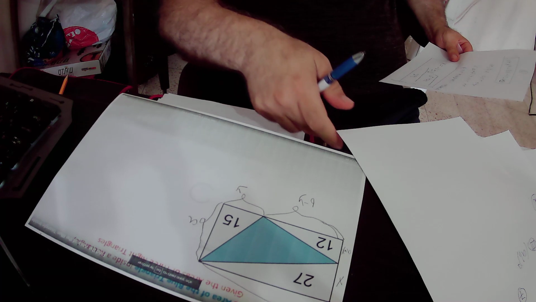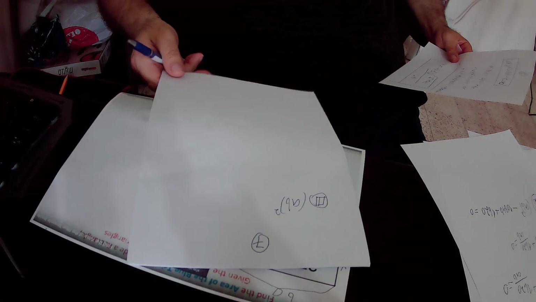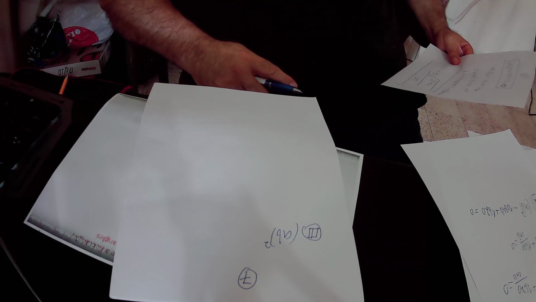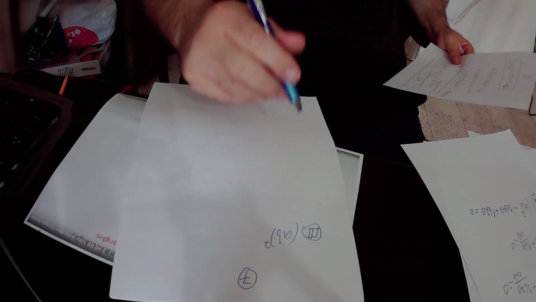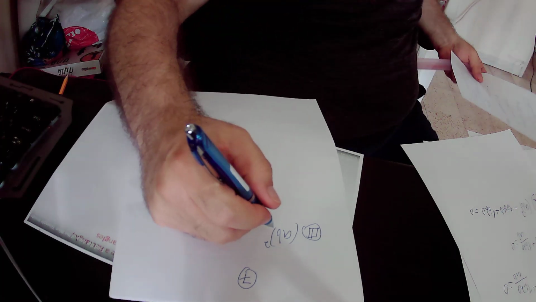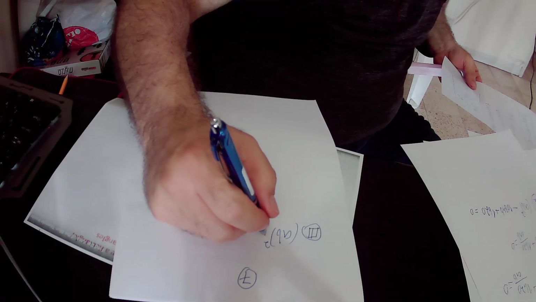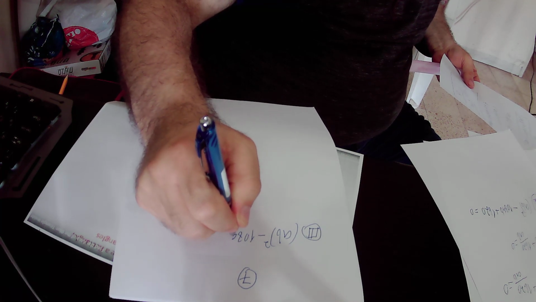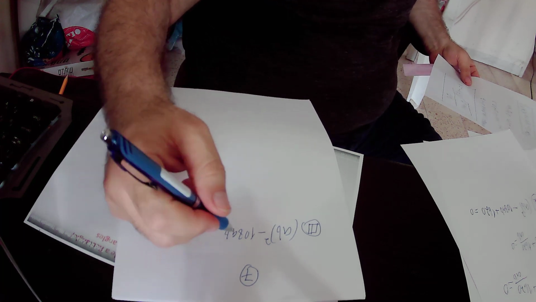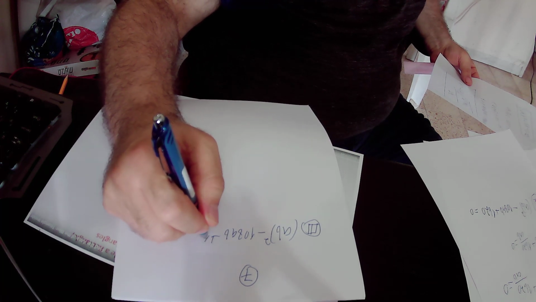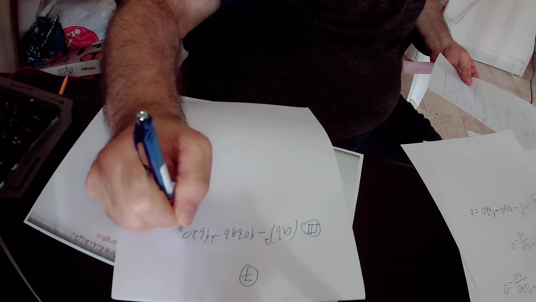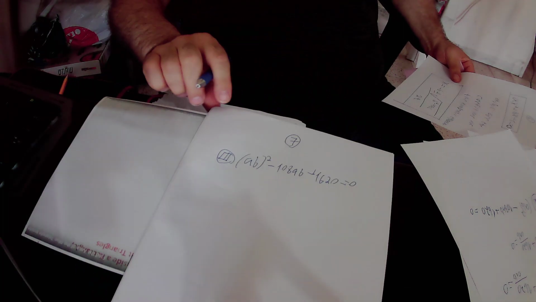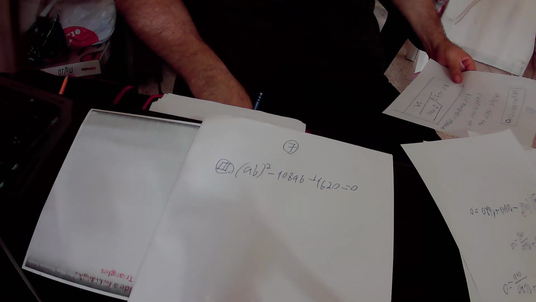Okay, so first of all I will write down the quadratic formula that we created, that is AB squared minus 108 AB plus 1620 equals to 0. Okay, so this is our quadratic equation,